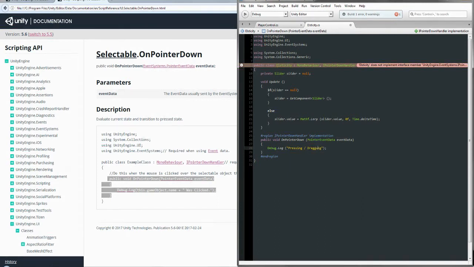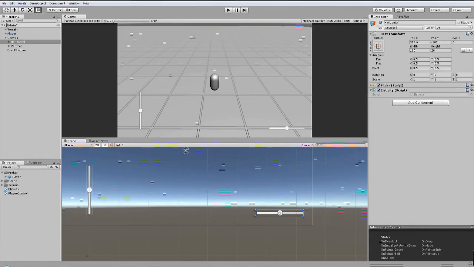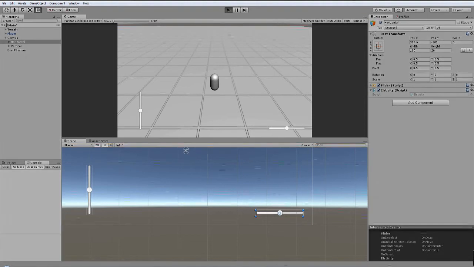So let's test this one. Let's try to save this one and play the Unity. So we say that when we press this, it should display the debug.log. Sorry, it's the horizontal one. So as you can see, it is now lerping from volumes to